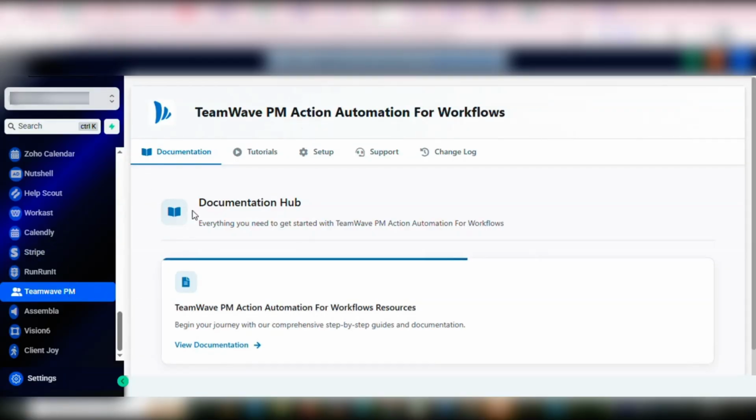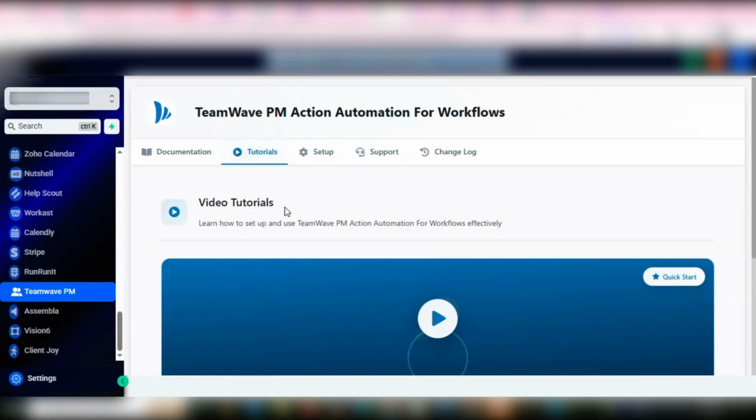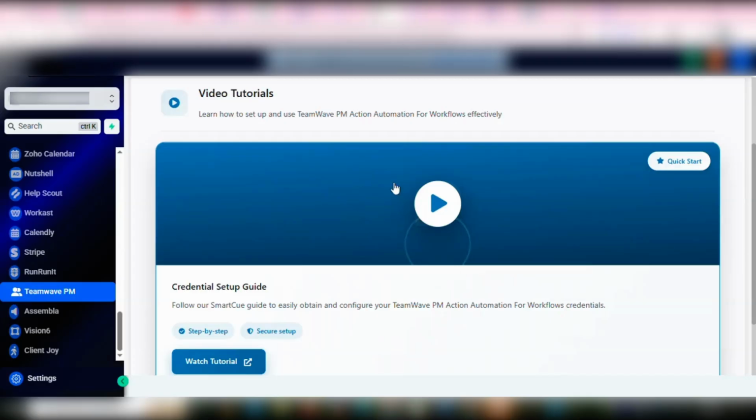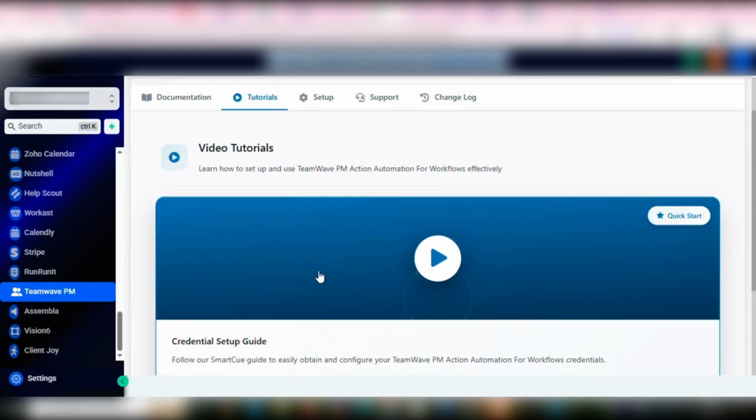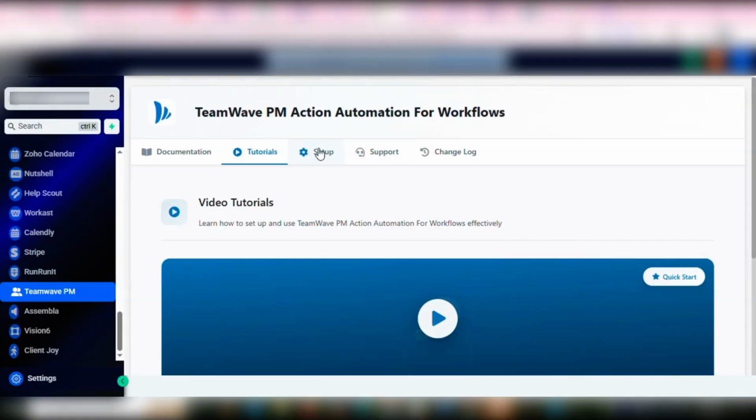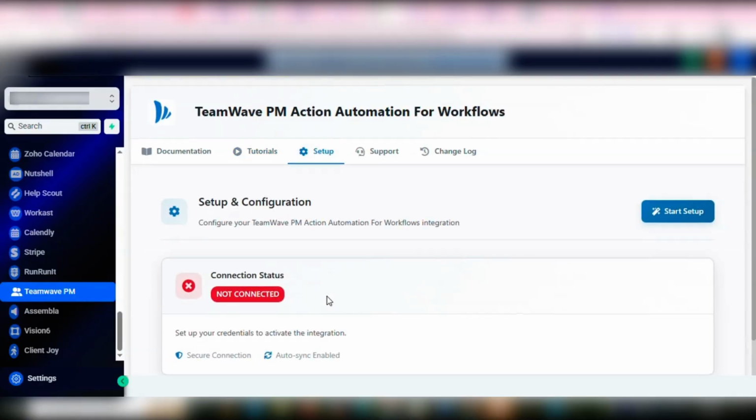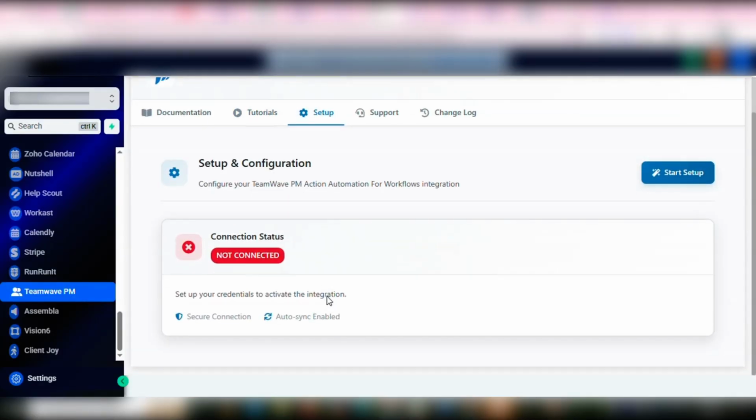Then the interface of the app is going to pop up where you have access to your documentation. Under the tutorials, you're going to have access to the SmartQ video that is going to serve as a guideline on how to get the necessary credentials to set up the app. We equally have the setup. We noticed that our app hasn't yet been connected, but no worries, we're going to walk you through how